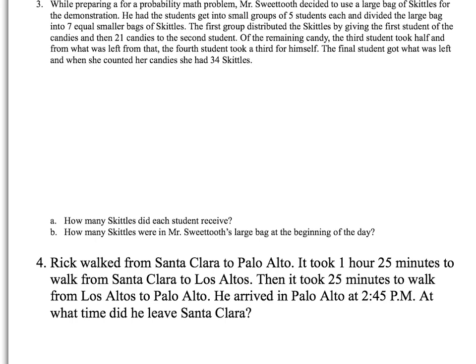So while preparing for a probability math problem, Mr. Sweet Tooth decided to use a large bag of Skittles for the demonstration. So I know that we're going to have a large bag of Skittles, and really I'm going to skip the end. We're going to do this. So we have the large bag of Skittles. So he had the students get into small groups of 5 students each and divide the large bag into 7 equal smaller bags of Skittles. Okay? The first group distributed the Skittles by giving the first student